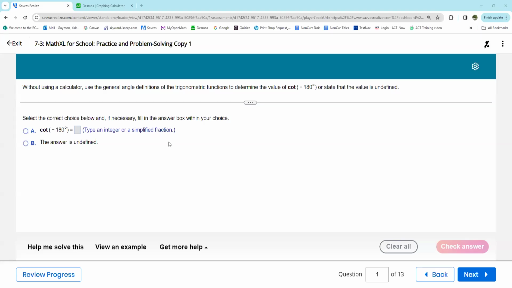Cyber Algebra 2, Topic 7, Lesson 7-3, Trigonometry. And the first problem on this Lesson 7-3 that I've assigned to you is the cotangent of negative 180 degrees. So let's just remember a few things here that we've reviewed before, but just in case you forgot them,